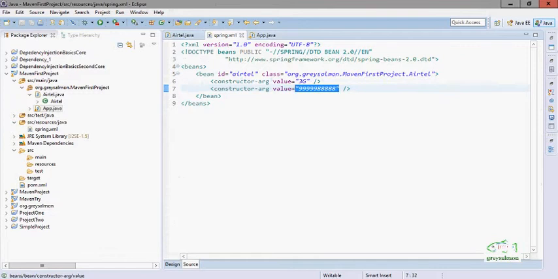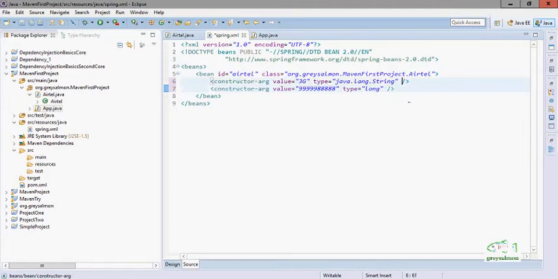Now here we can also mention the type of data, like java.lang.String, the type of data we are injecting, or that this string value should be converted into a long primitive type.